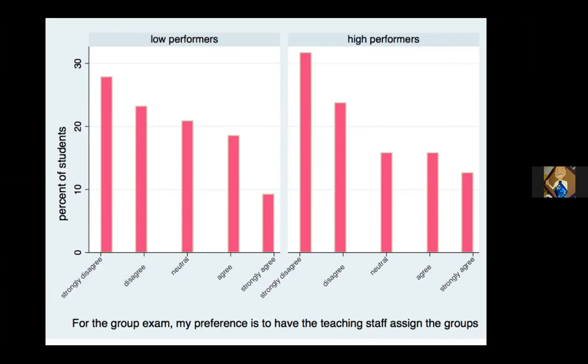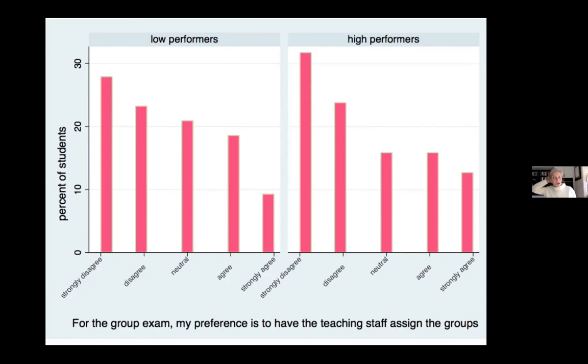My question is with respect to the improvement in test 2, because my gut feel would be that in test 1 strong students would seek out strong students, and weak students would end up with weak students. So does the data show in test 2 that the weaker students were driving that improvement? Oh yeah, that's such a good question. So basically, did we find the same discrepancy for low performers versus high performers between exam 1 and 2 as we did for gender? I think that's your question. Yeah, pretty much.